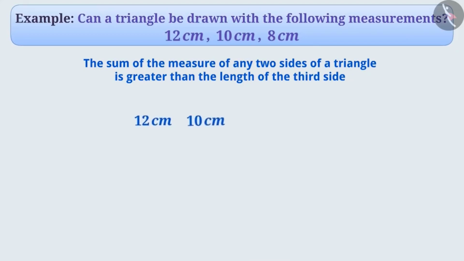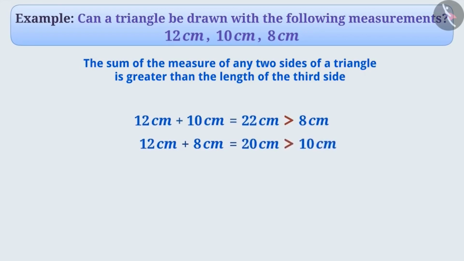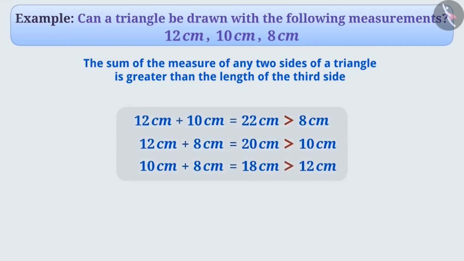If we add 12 cm and 10 cm, the result obtained is 22 cm, which is greater than 8 cm. If we add 12 cm and 8 cm, the result obtained is 20 cm, which is greater than 10 cm. Similarly, if we add 10 cm and 8 cm, the result obtained is 18 cm, which is greater than 12 cm. By looking at these three conditions, we can say that on the basis of the given measures, we can